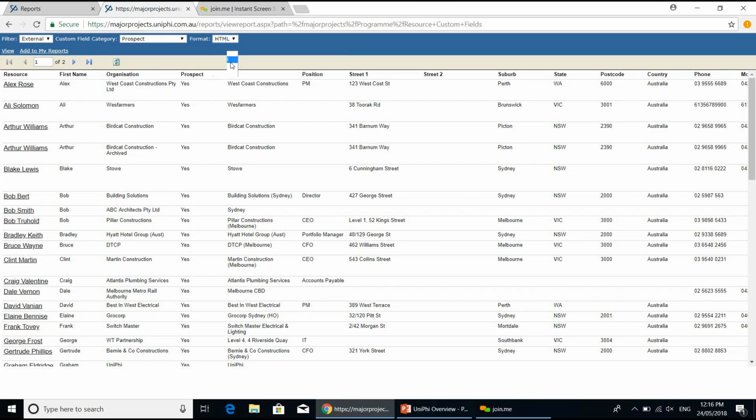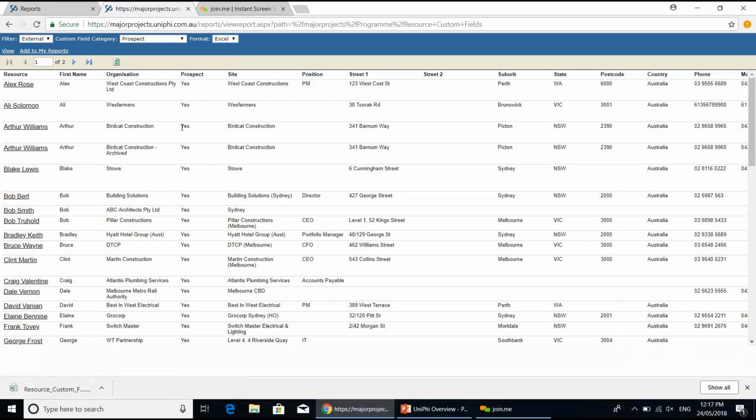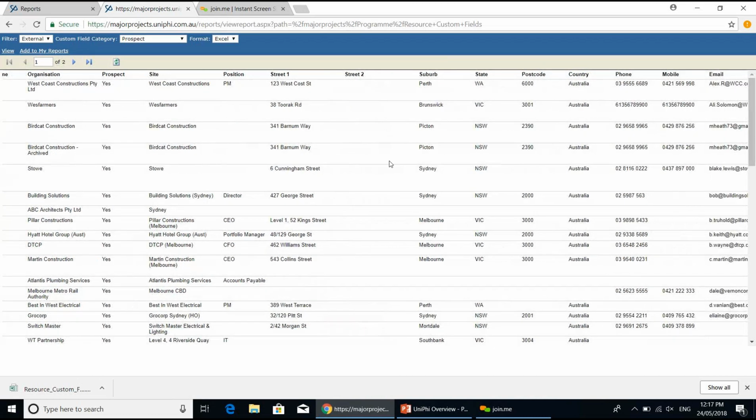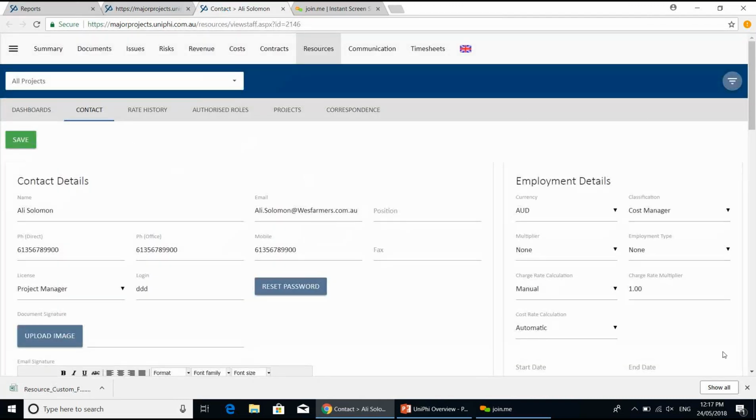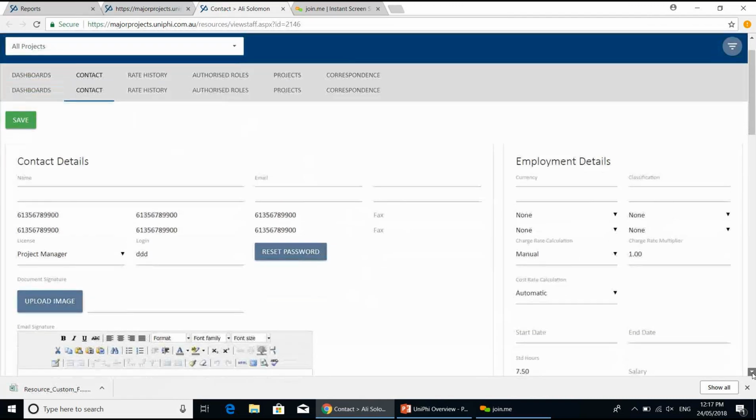But even if you do send to Excel, which I'll do as well, one of the things we've done to help the prospecting person is these are links back into the profile of the individual. So once you're going through these people and you want to potentially follow up on a phone call or something like that, you've got their contact details within this screen. You can make your phone call, and as it's dialing, doing the old control click that I've been showing people in these webinars, you've opened them up, and associated to that person, as I drill down,